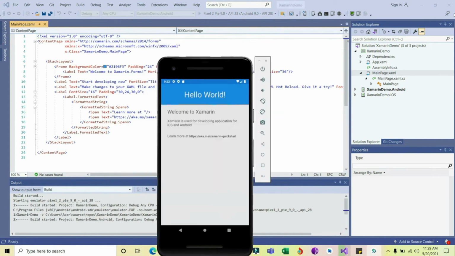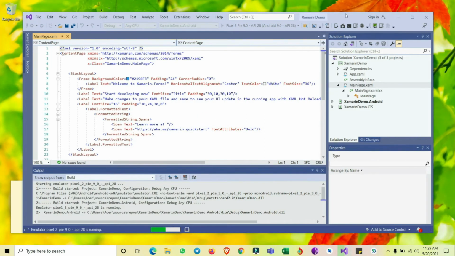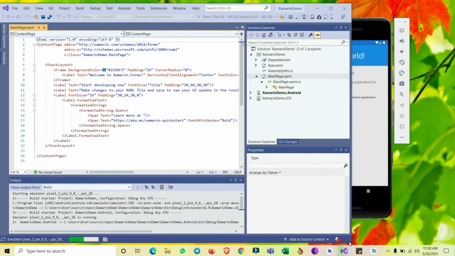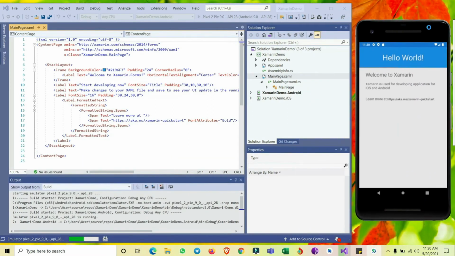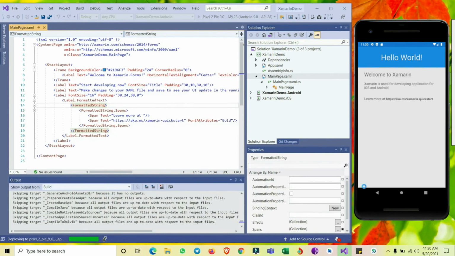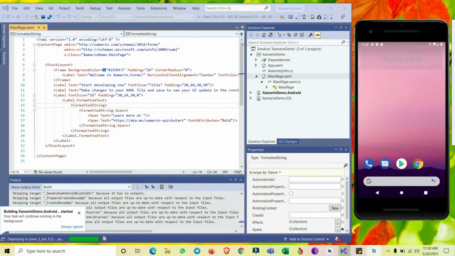So you got the output. The same program we can execute on the iOS simulator also. For executing in the iOS simulator, you need to pair to the Mac. Once it has been paired, then you can execute the programs on the iOS simulator.